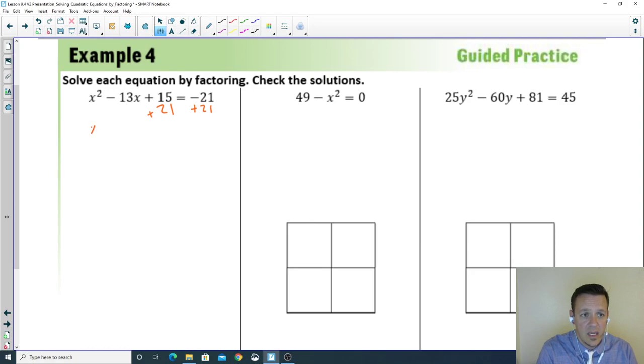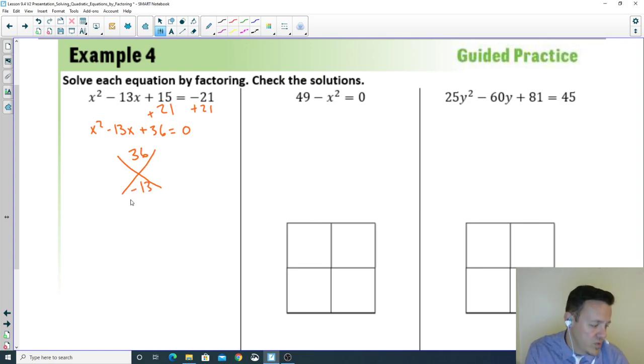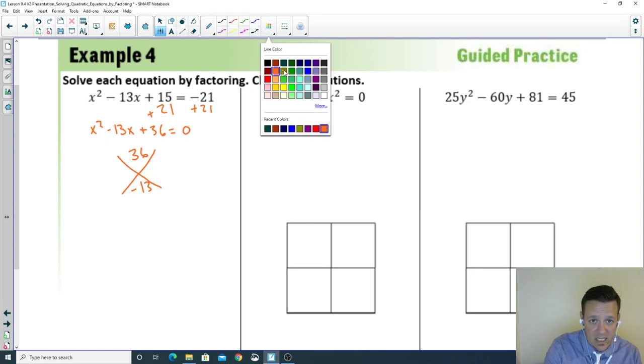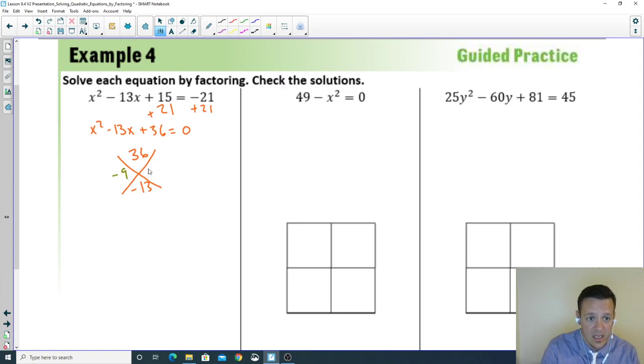So then you would have x squared minus 13x plus 36 equals 0. Do your x factor, and that would be 36 and a -13. And what two numbers would they be? They would in fact be -9 and -4. So if you have x minus 9 and x minus 4 equals 0, and then you break these